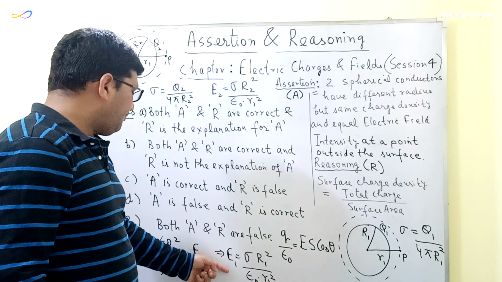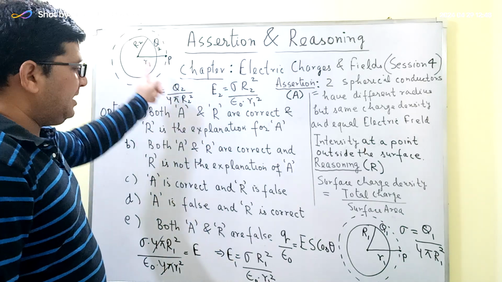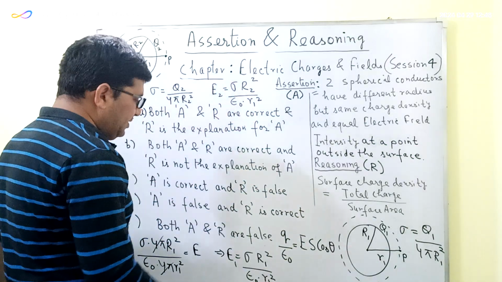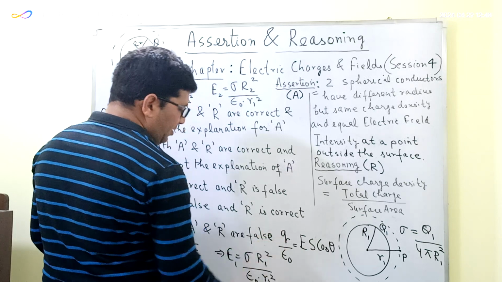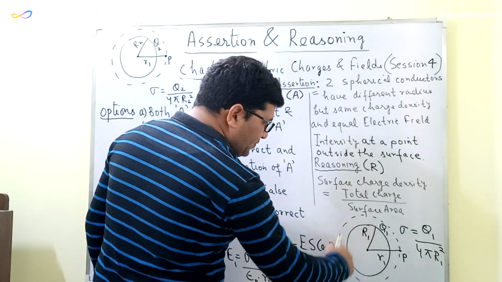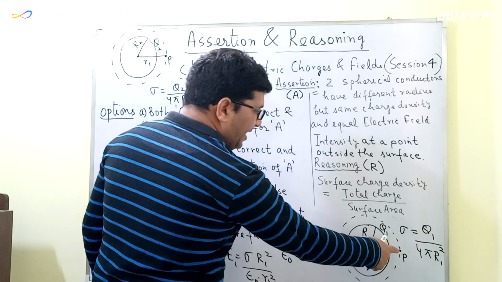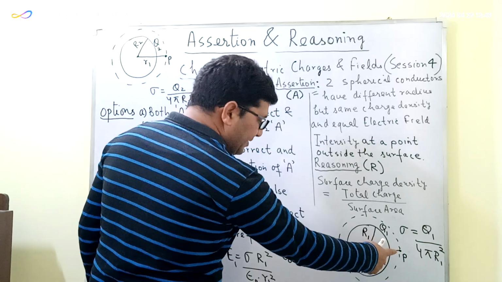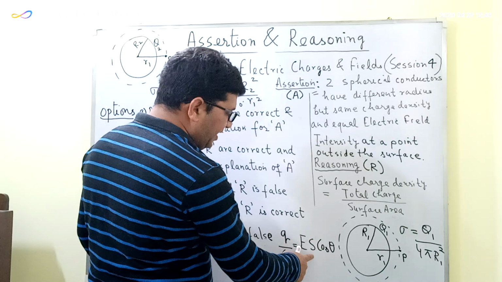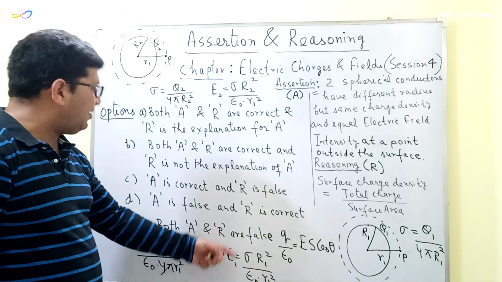So these are the two values of the electric field intensity at a point P, which is situated at equal distance from the center of both the spherical conductors here. In this case, we have used the Gauss law, that is the total charge enclosed by the Gaussian surface, which also includes the point at which we have to find the electric field, is equal to ES cos theta, where E is the intensity of the electric field which we have to find, and S is the surface of the Gaussian surface. Using this formula, we have been able to find the value of E1 and E2.